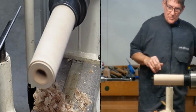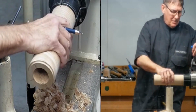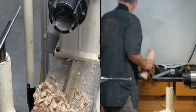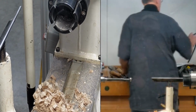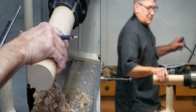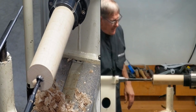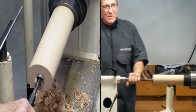Now that wasn't all that bad, but I still remember Pete's demo on chasing threads. So Pete's demo on chasing threads, he spent an hour and 20 minutes showing how to hand thread. And we all sat there in awe. In the last 10 minutes of the demo,